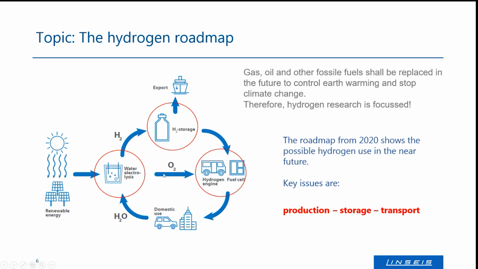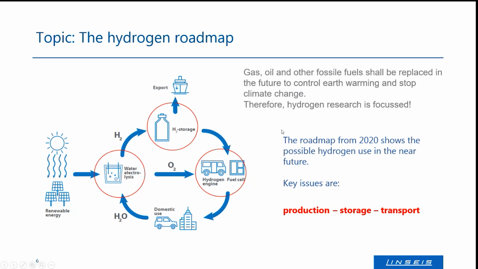In 2020, the Fraunhofer Research Group in Germany published a strategic paper which showed the so-called hydrogen roadmap to transfer the fossil energy generation and the nuclear energy generation into renewable green energy. And they focused on where hydrogen technology could play a key role, or where are issues, where is some research needed and what's already existing. And I will just follow this map and guide you through it and explain a little bit what they found and what is actually going on in research and where the thermal analysis can be involved. So first of all,